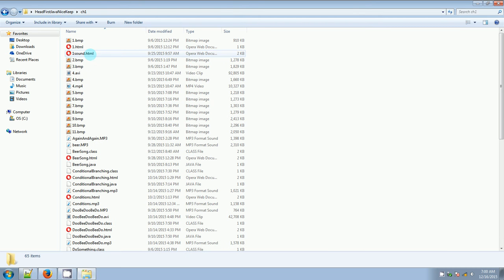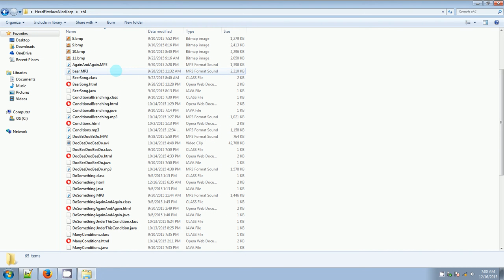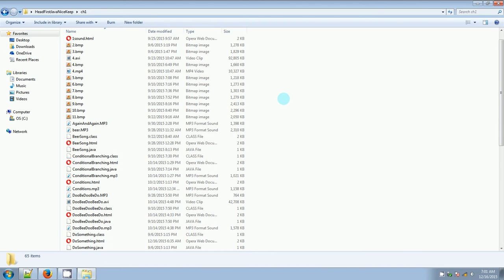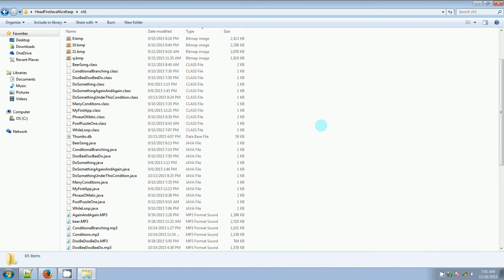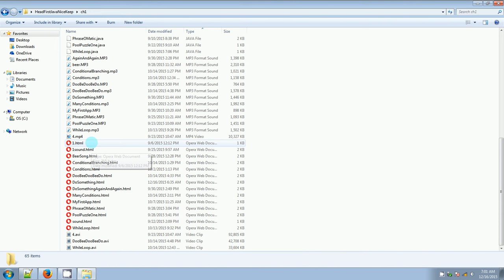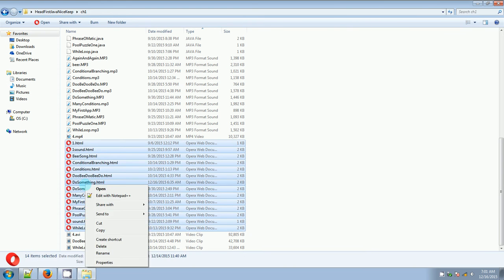Chapter 1. All of these HTML files are what I need to change. So let's hit sort by type, get all my HTML files together and, oops, I want to highlight all of these. Right click it, edit with Notepad,